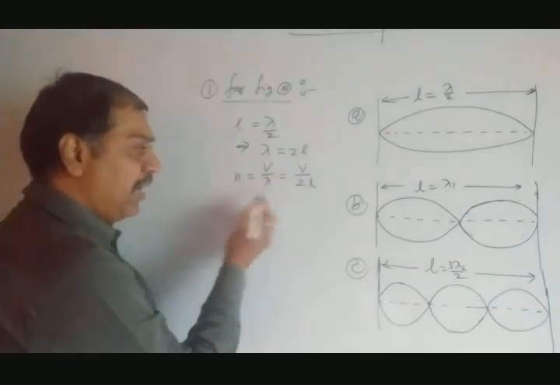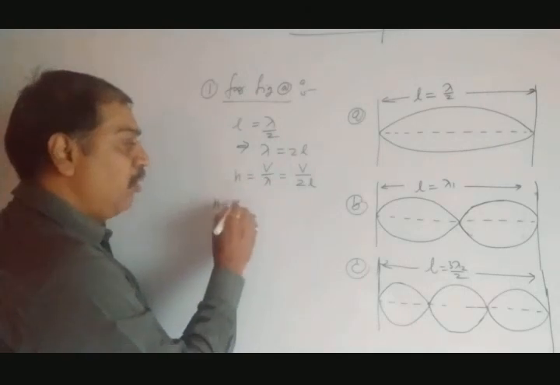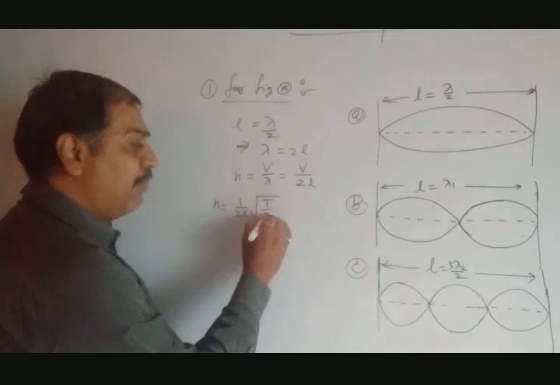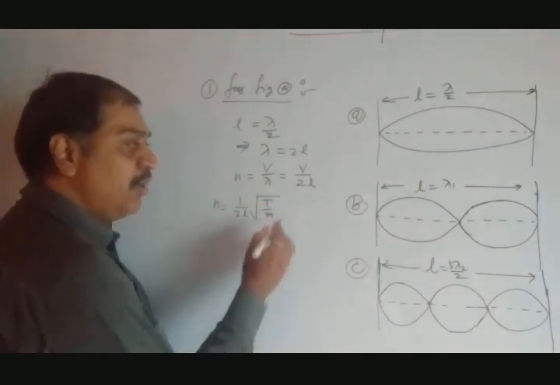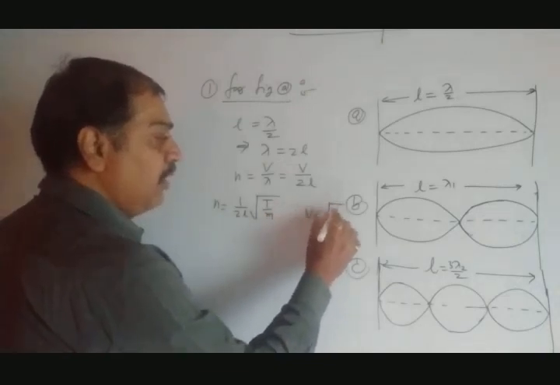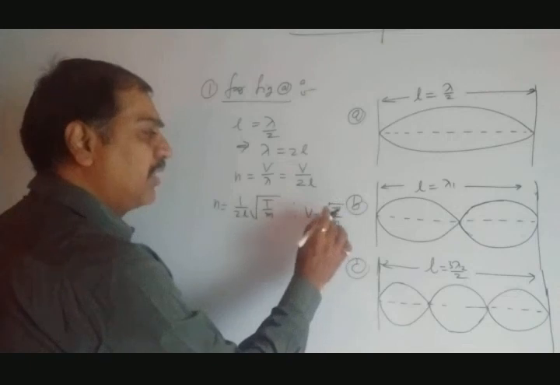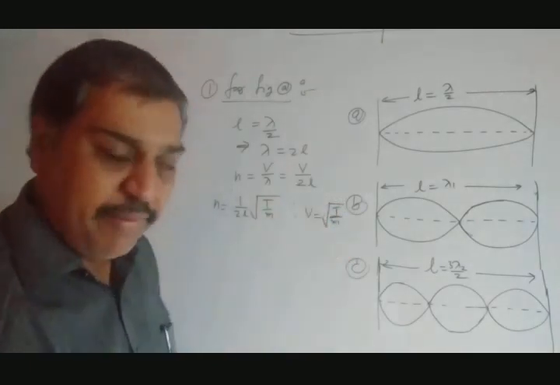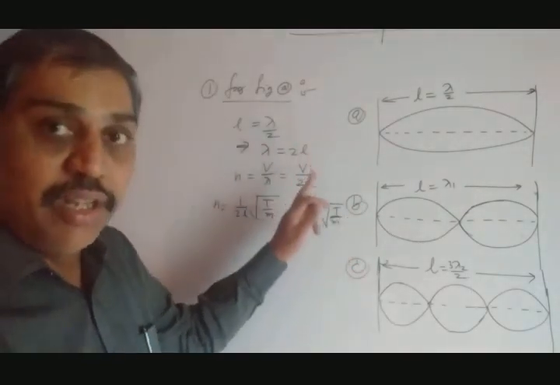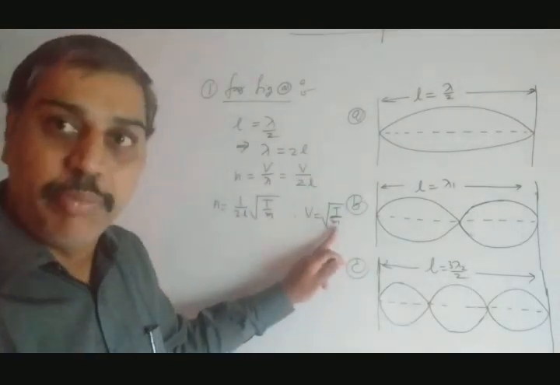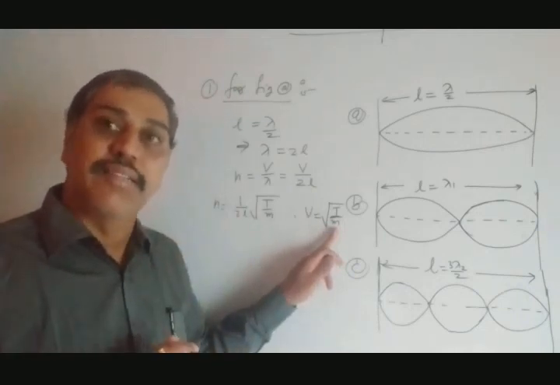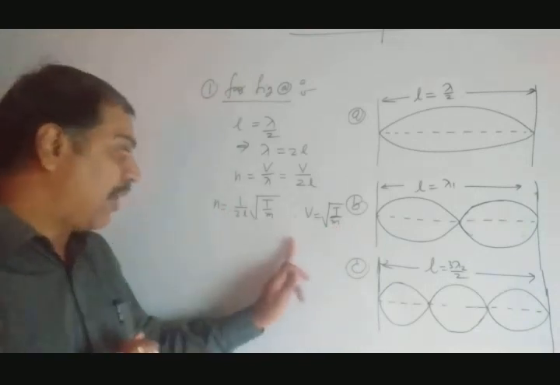But as we know, we can rewrite the same equation as n equal to 1 divided by twice L, square root of T divided by m. Such an equation they have written because here V equals square root of T by m. Try to find it out. You get this equation. This V is said to be velocity, equal to square root of T divided by m. Capital T is said to be tension in the string produced, and small m is said to be linear density, or sometimes said to be mass per unit length. That is said to be linear density. So we have written this equation.